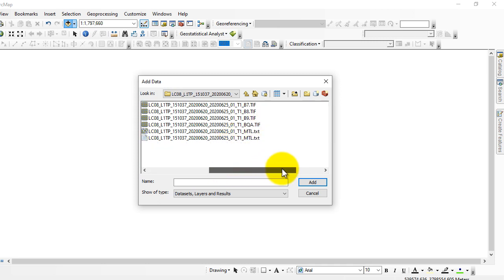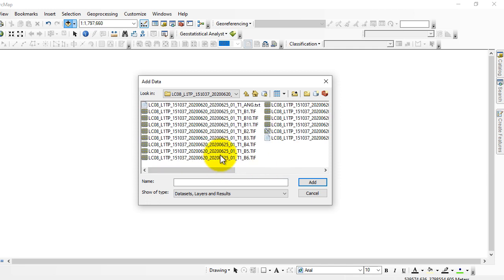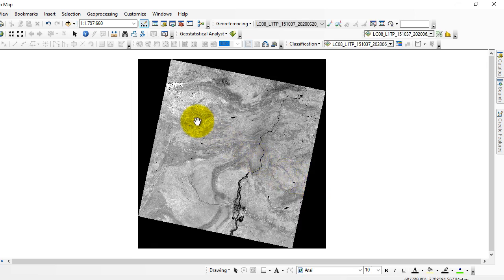Select the one band. Let's suppose I select this one, then click on add button. So this image is added to the GIS software. I will show you how to remove this background from this satellite image. For removing this background color,